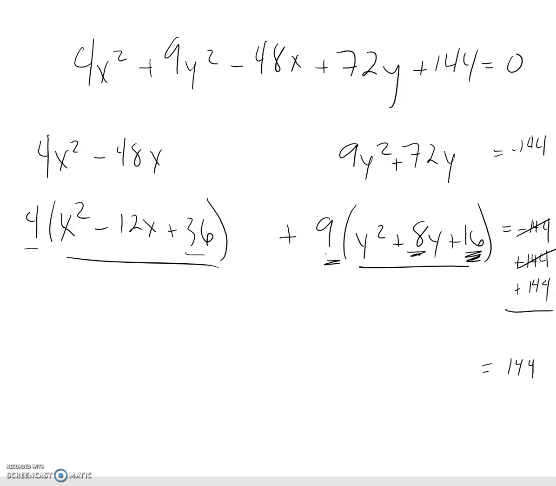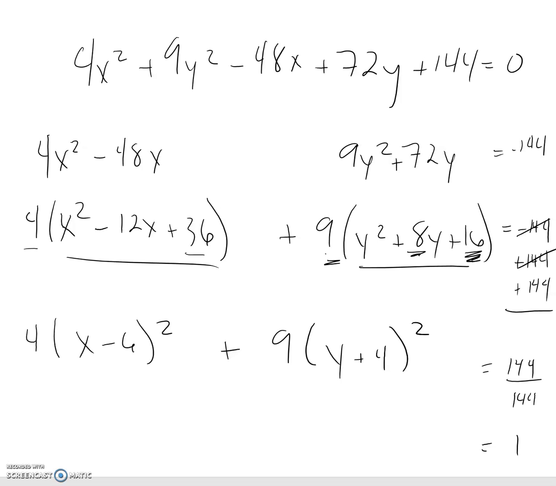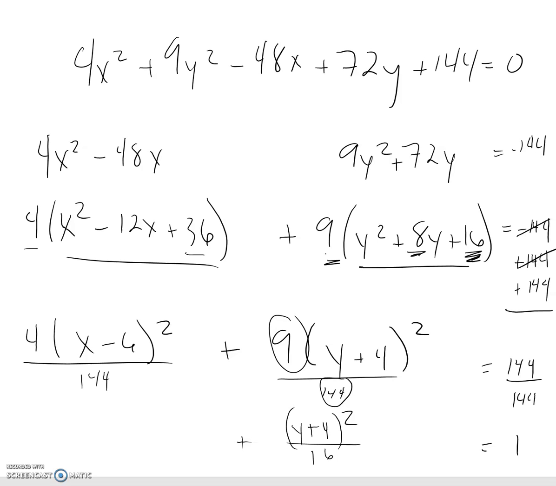And then I can factor these because I created 2 perfect squares. And then I divide everything by 144 to get this equal to 1. Right? And I go from there, right? I should be able to write everything over. And like I said, that's why these ones seem kind of repetitive, because if I want this to reduce to have a nice denominator, which in this case would be 16, and in this case 144 divided by 4, which we already did, we multiplied it, 36. And now I got my nice, neat form of a conic section. And that's an ellipse, right? So we know it's